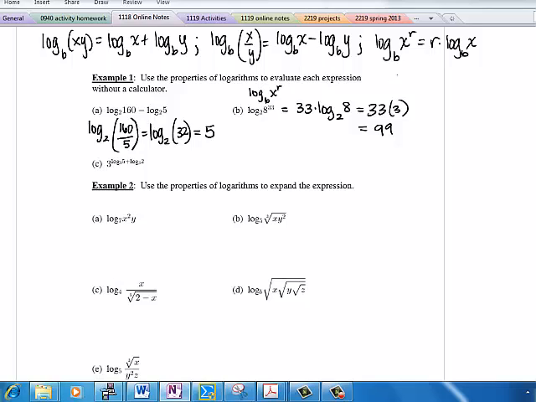So we used property 5 to move the exponent in front of the logarithmic expression, and then evaluate this logarithm. The exponent we put on 2 to get 8 is 3, so we have 3 times 3. Then example 1c,